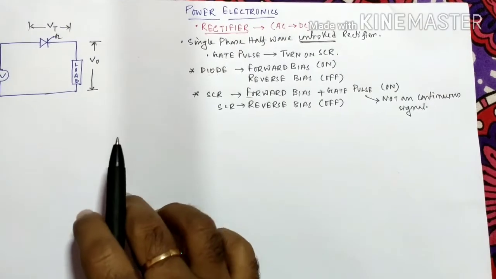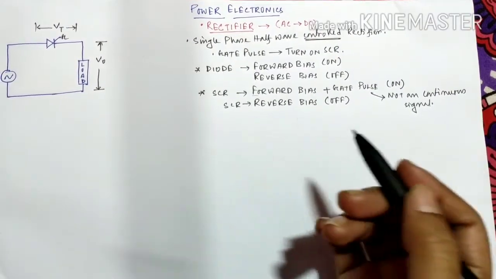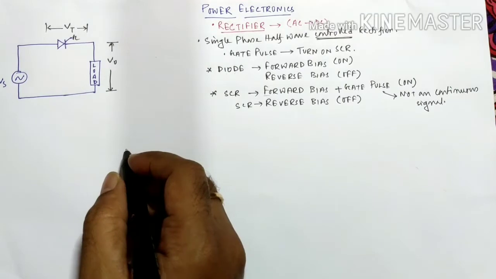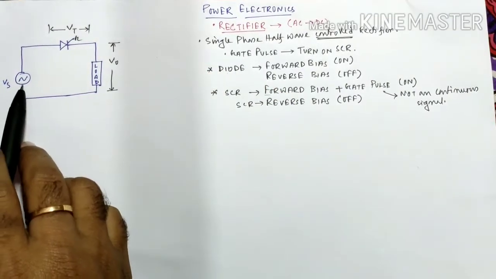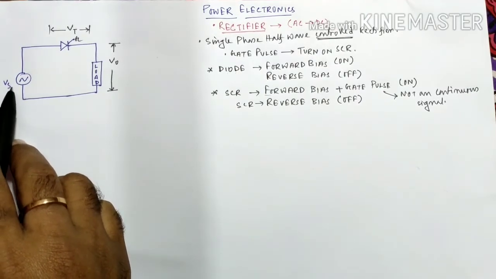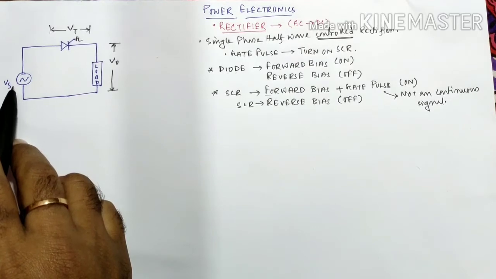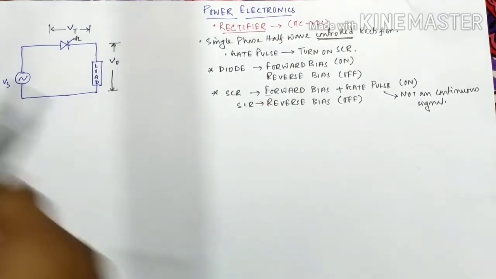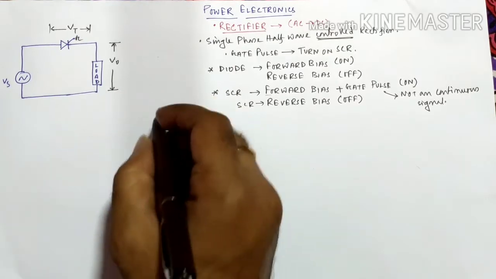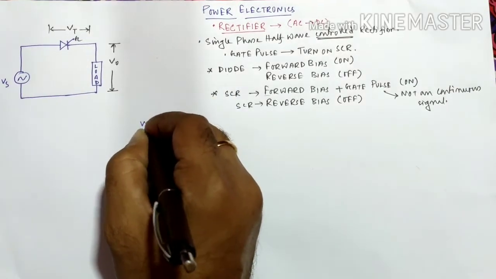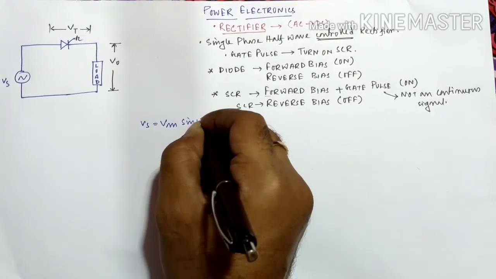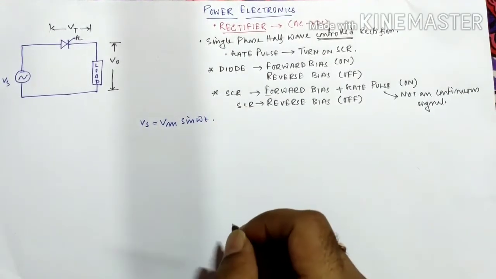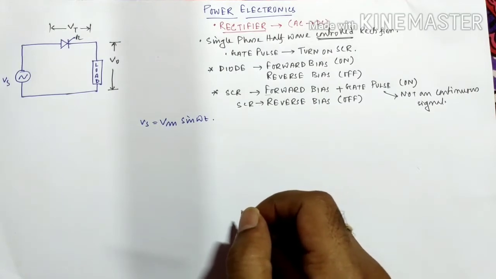So what will happen here actually? Try to understand the waveform that we can get here. Before going into that, let me explain. The AC signal or the power source that has been given to the circuit is Vs. Assume that the source is a pure sinusoidal one, then I can represent Vs by this one, Vm sine omega t, where Vm is the amplitude of the signal.